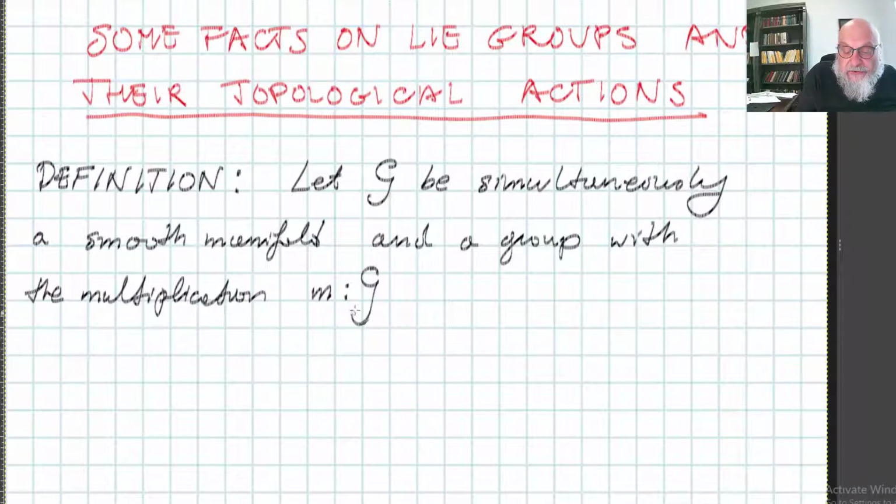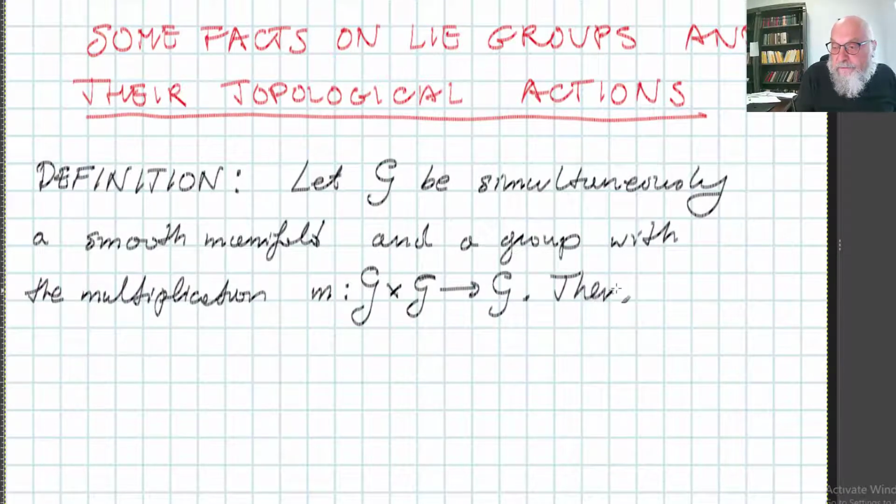This will go from G times G to G. G is called a Lie group